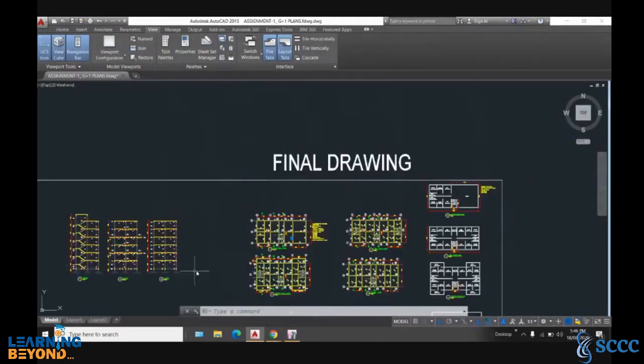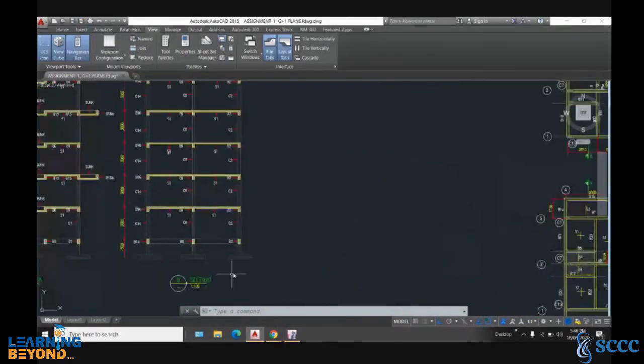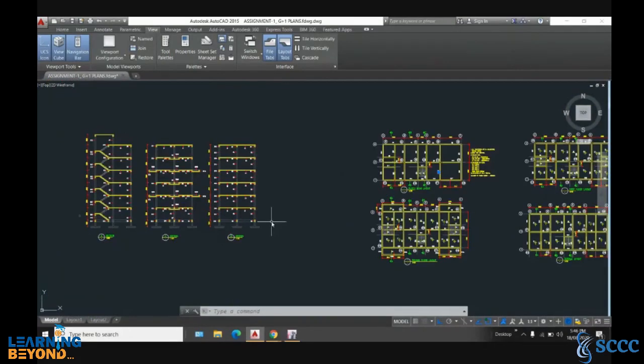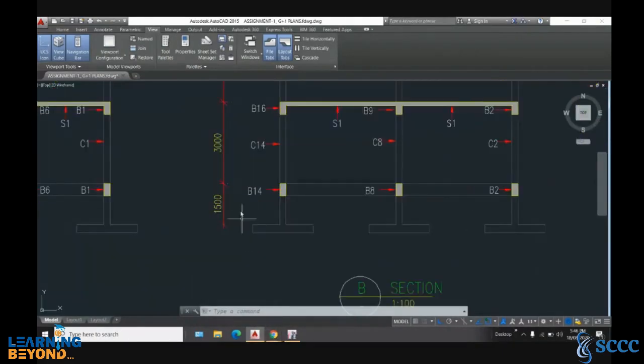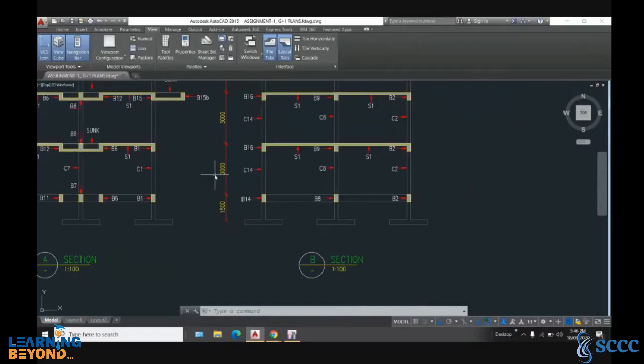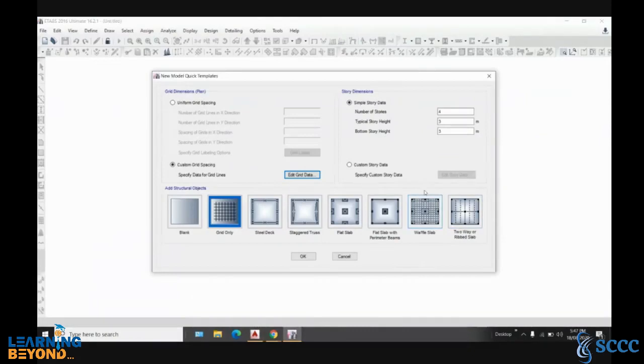See over here, the base is somewhere here. Then 1, 2, 3, 4, 5, 6, and 7. So you will have to go for 7 stories, and the base distance is 1.5 and the remaining distance is 3. Go to the ETAB model and click here as 6.